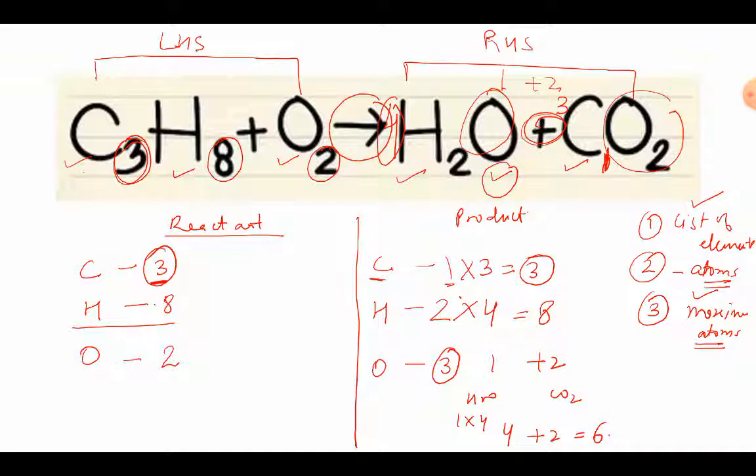But now when we balance carbon and hydrogen, is there a change in the number of oxygen now? Water was 4, we have already balanced it. But now when we were balancing carbon, so 3 into 2, in case of carbon dioxide the number becomes 6, right? So that 6 plus 4 will be how much? 10. So in total how many oxygen will be present on the product side? It is 10, but on the reactant side it is only 2.